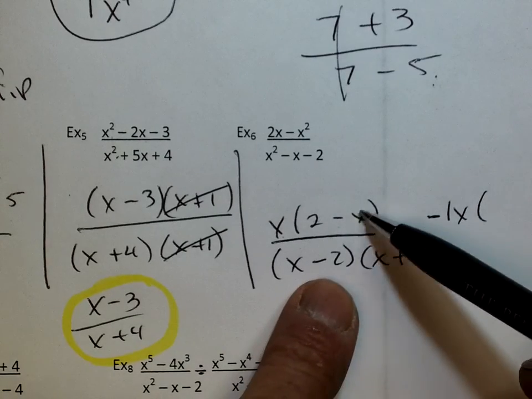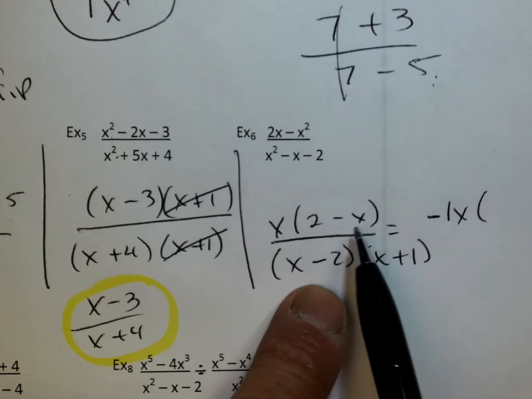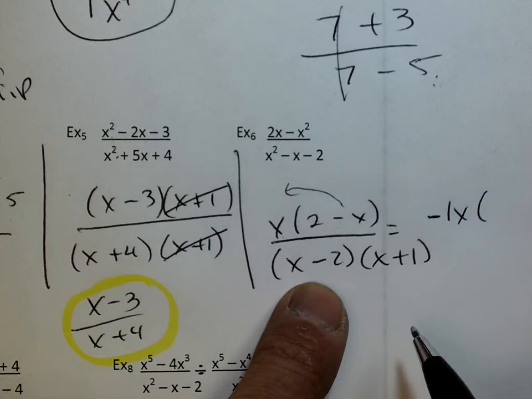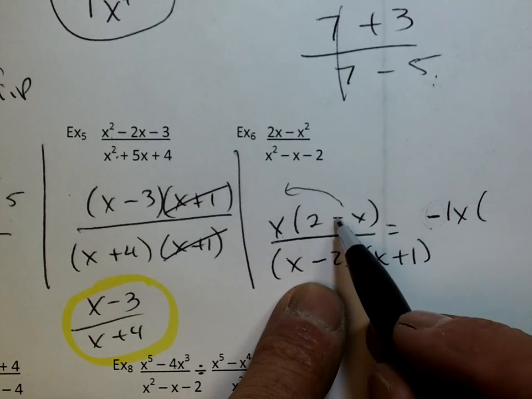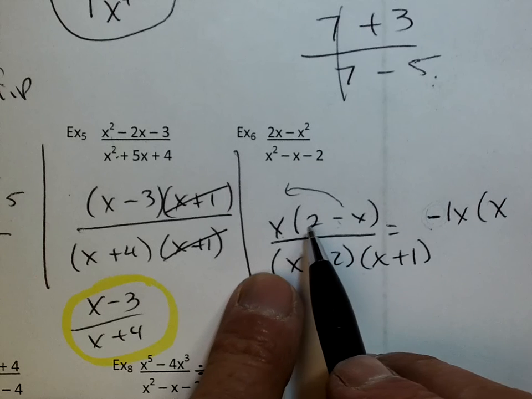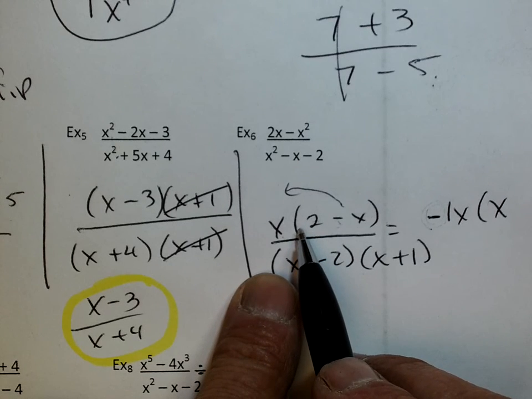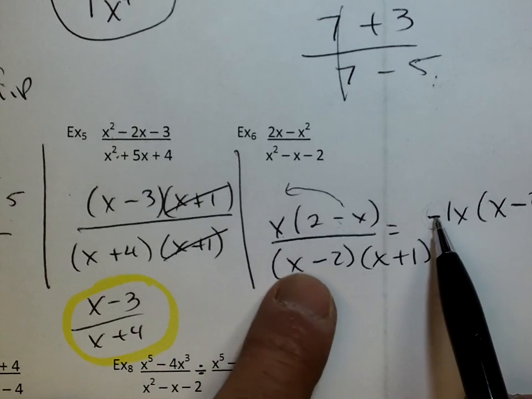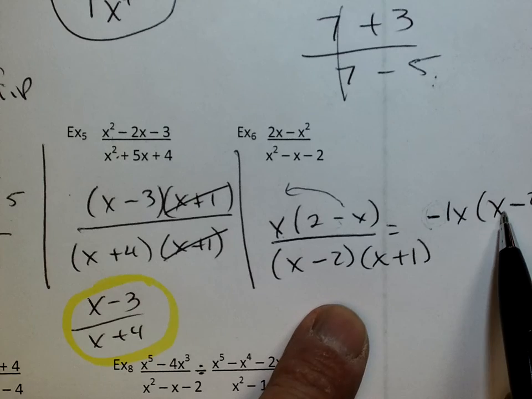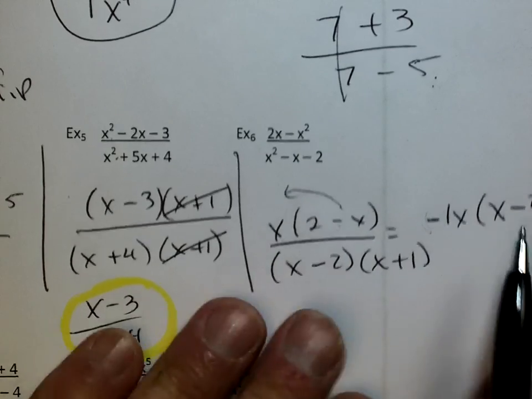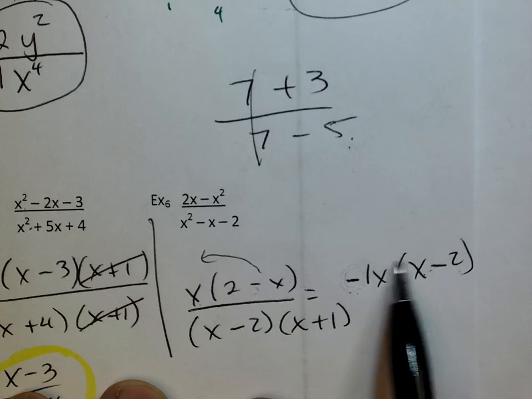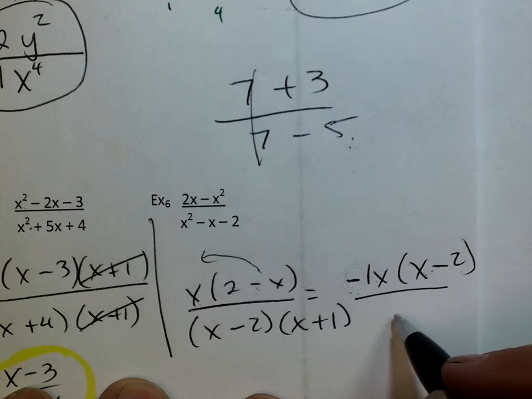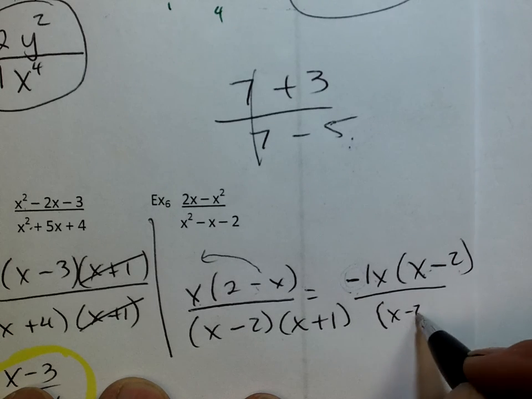Well, great question, Tammy. I want these two to be the same. So if I can make this negative x into a positive x, so if I factor out its negative, it becomes a positive x. This is a positive 2, but if I factor out its negative, it changes it from a positive to a negative, okay? Now let's go backwards. Let's check it out. That would make a negative x squared, yep. And that would make a positive 2x, yep. Okay, and the reason I want to do this is because now I can cancel